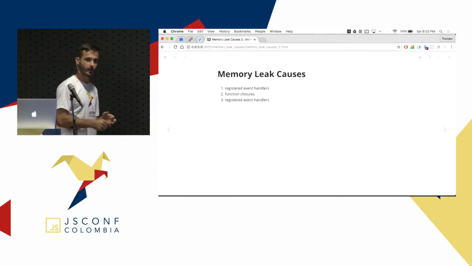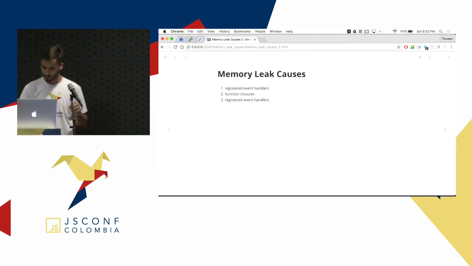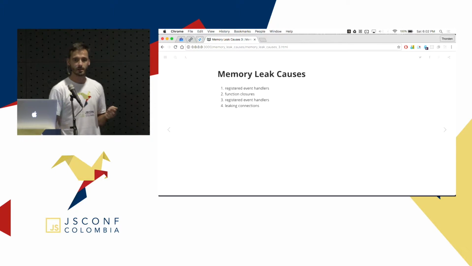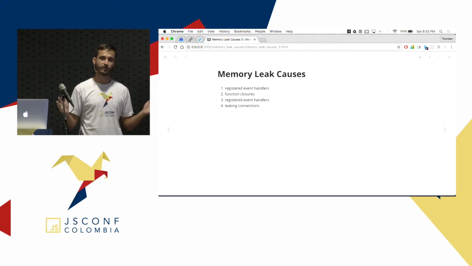And number 3, registered event handlers. I already said this, but it's so often that I put it here twice. And then we have leaking connections. Leaking connections happens sometimes when people have code that works perfectly whenever everything is fine, but when